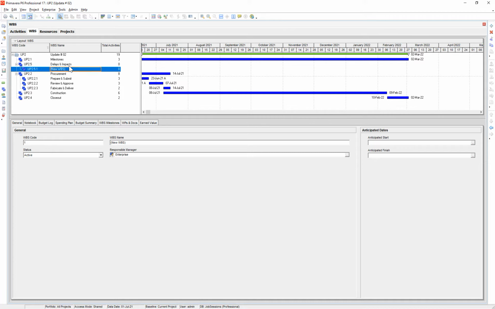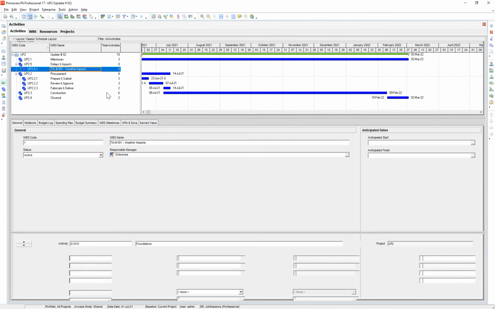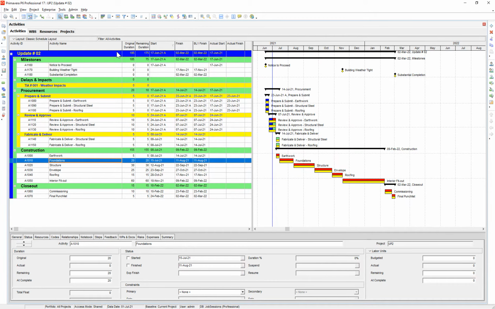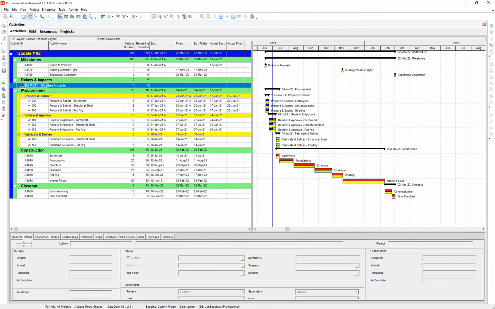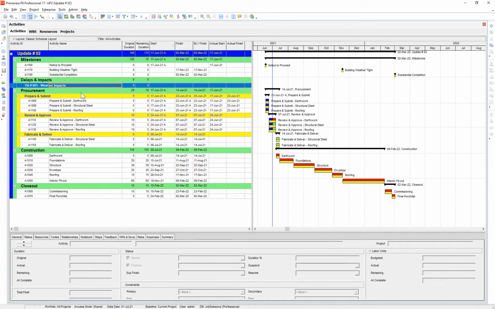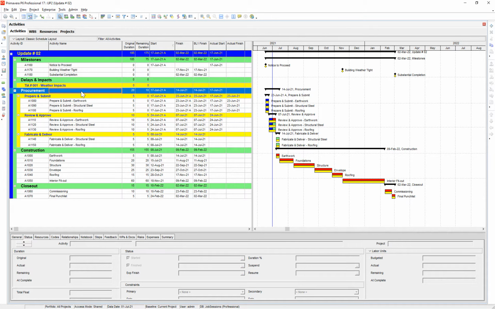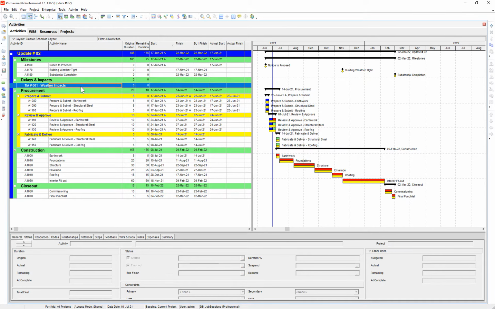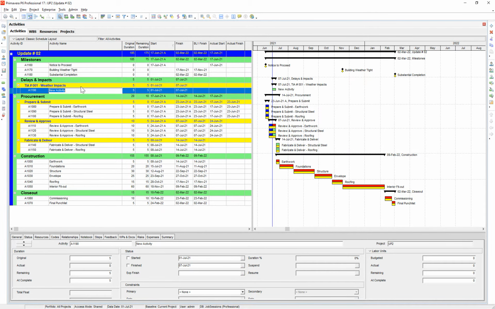Maybe this is our first impact that we've experienced on the project. So maybe we'll call it TIA number 1 weather impacts. So let's go back to our activities. And so here we go. We got our WBS section for TIA number 1 weather impacts. So now we are going to add our delay event underneath this TIA number 1 WBS section that we just added. So I'll call it